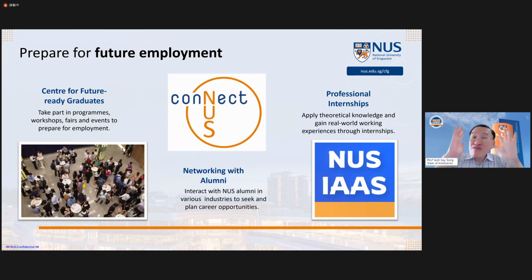And we take the future employment of our students very seriously. We have a Center for Future Ready Graduates. We engage our students not just in their final year. That's too late. We engage them as early as their first year, second year, and we train them about how to prepare for employment. We conduct workshops for them. We have a career counselor that advises them about how to position their CVs and things like that. And, like I said earlier on, we've incorporated professional internships